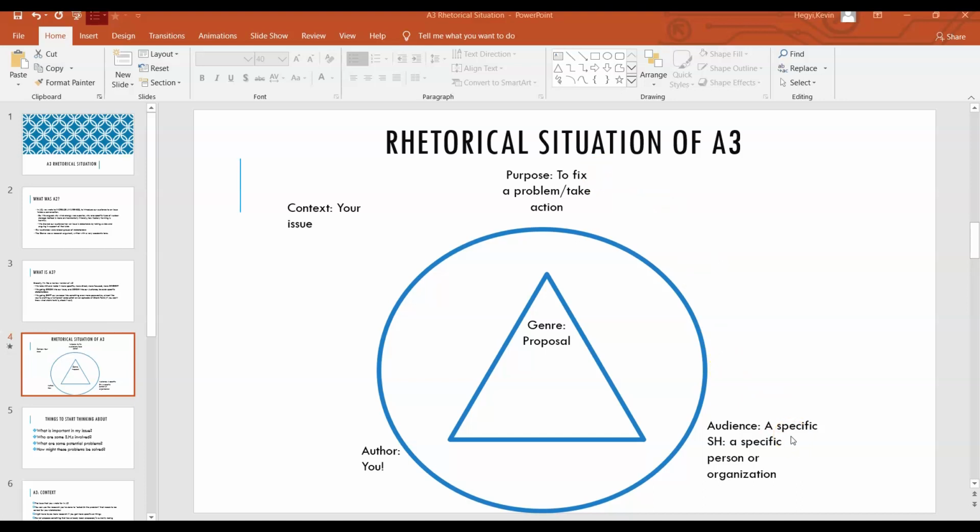Our stakeholders, or our audience, is a specific stakeholder, a specific person or organization. It has to be a real person. I'm going to be saying this and reminding everyone a lot: your stakeholder has to be an actual real person of a real organization. The context of your proposal is whatever you're writing about. It can be something more specific than what you wrote about for A2. I wouldn't recommend changing it too much because you'll probably have to do more research, but A2 research is going to be really helpful because it gives you the context you're already working inside of.